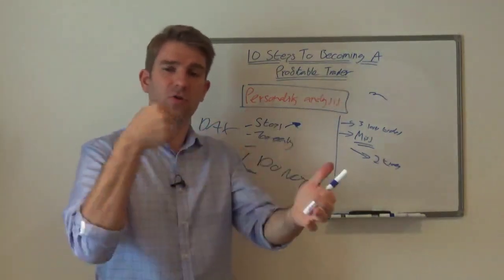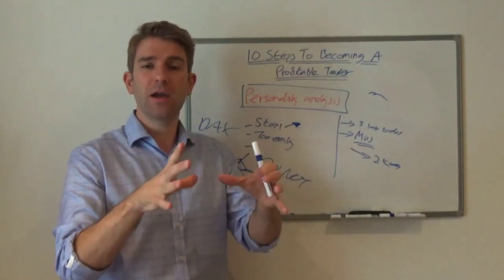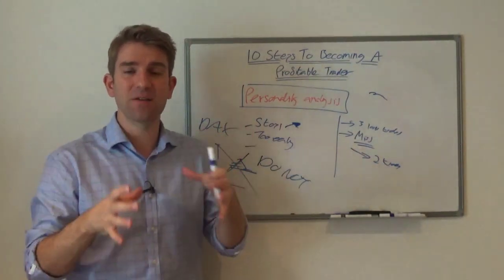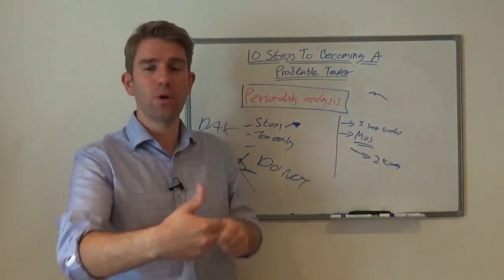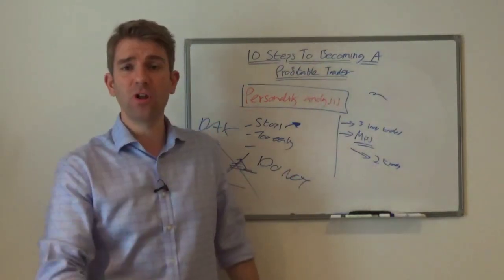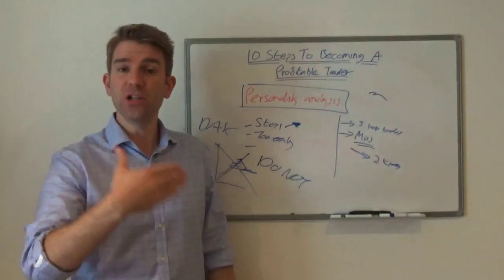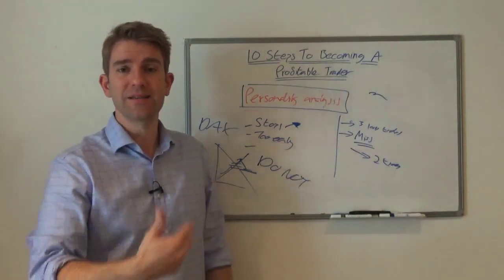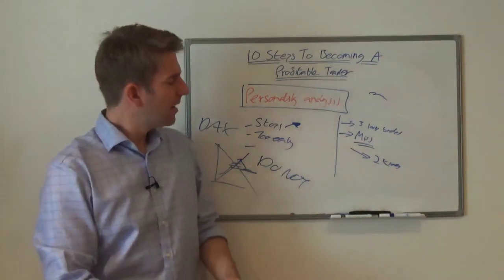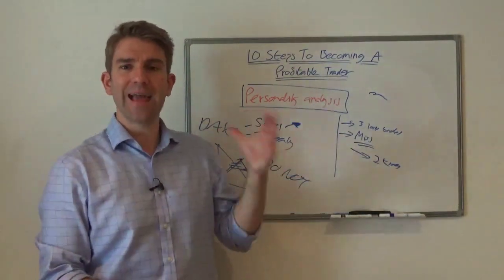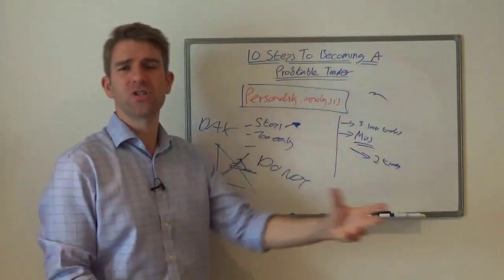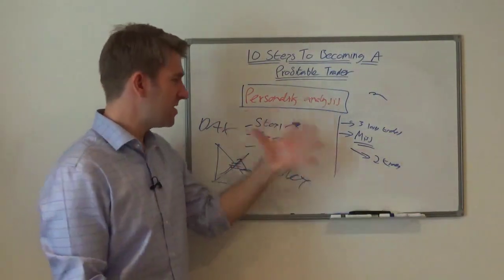I'm not saying don't do it, don't do it, don't do it. It's saying, okay, that's your personality type. Let's avoid the situations that activate that. Let's put in procedures that stop you doing that. If you come to the desk in the morning and just start trading away, then you need a checklist or something in place that stops you from doing this, a sequence of events. It's all about putting an action plan in place to stop you getting triggered. And of course, it's still going to happen from time to time.